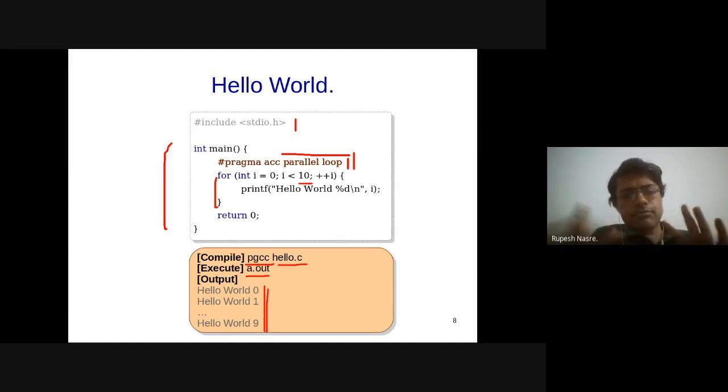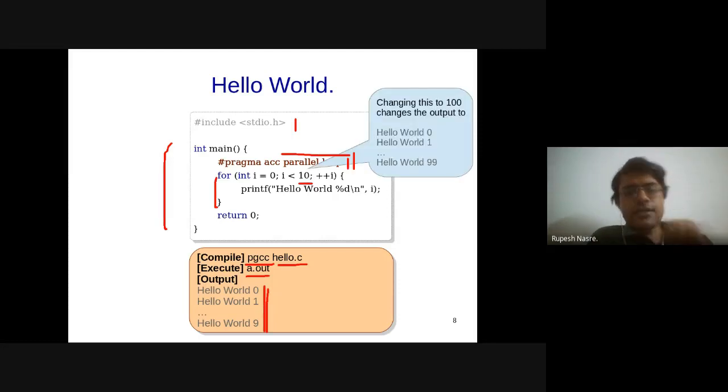In some rare scenario, it's possible that it might actually be from 0 to 99, but in the exact order. But I expect that by and large, most of the time, there should be some jumbling happening across these printfs. Right? So when I change this to 100, unfortunately, I am still getting the output as 0 to 99. And if I run it again and again, I keep getting the same output.